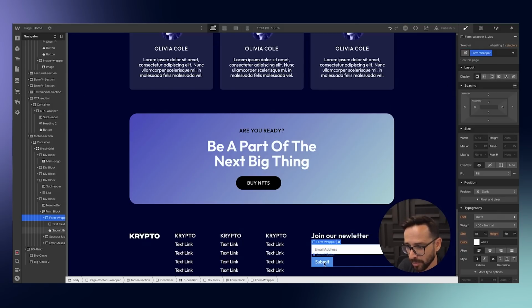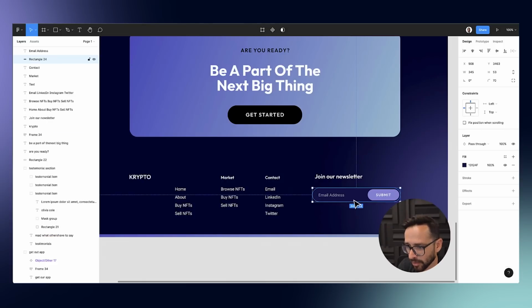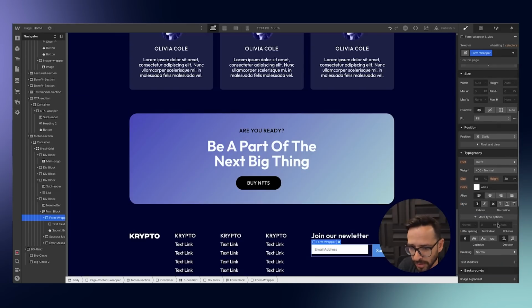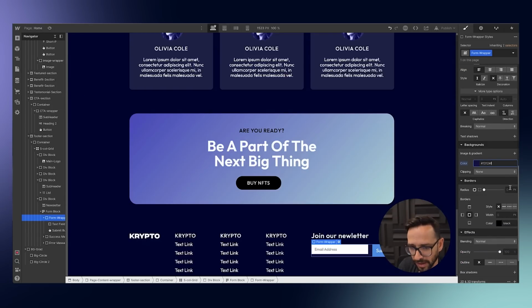And well, how do we put these one next to each other? First thing, we've done this multiple times using the Flexbox, including a little bit of a gap between them. That looks pretty good. We also need a background color here. So let's grab this background color and give a little bit of a background color here. What else do we need? We need to have round corners, like a lot of it. So let's go ahead and add 100